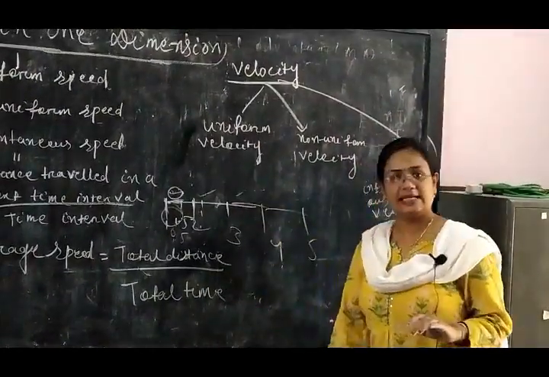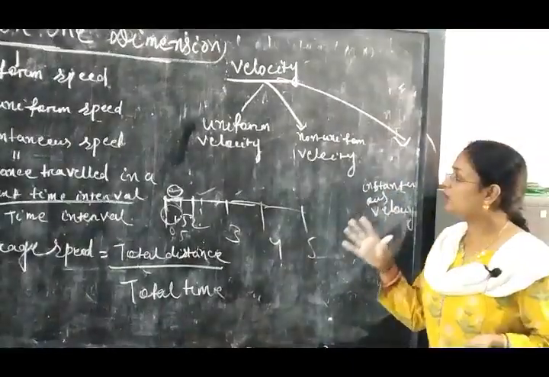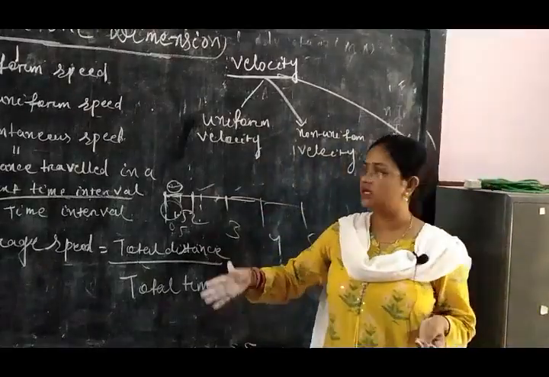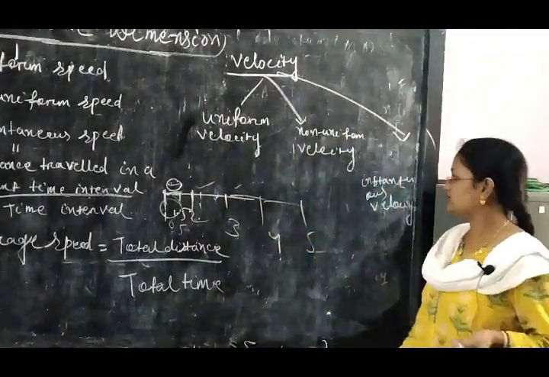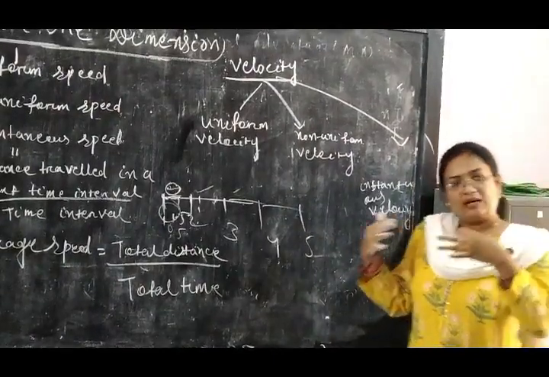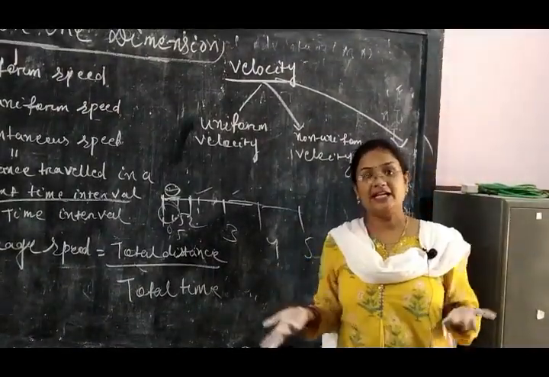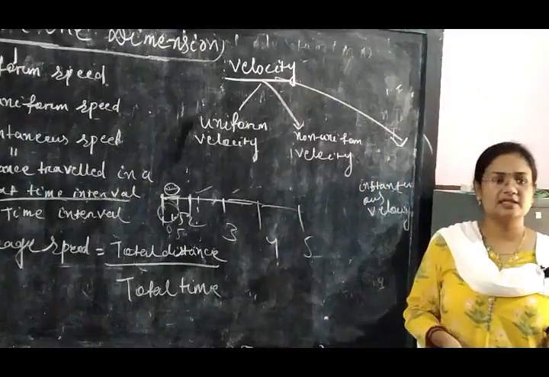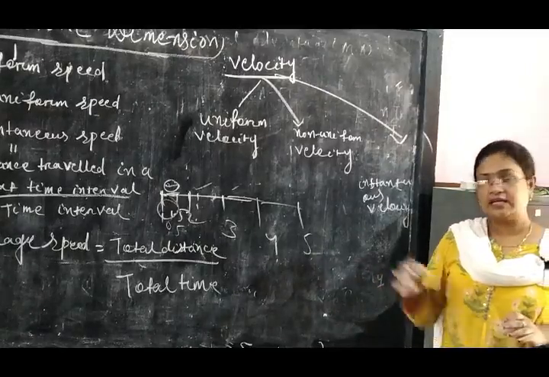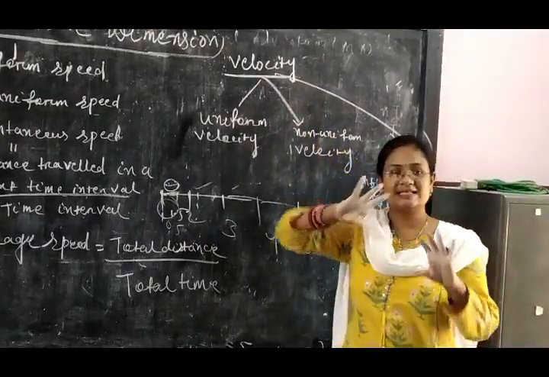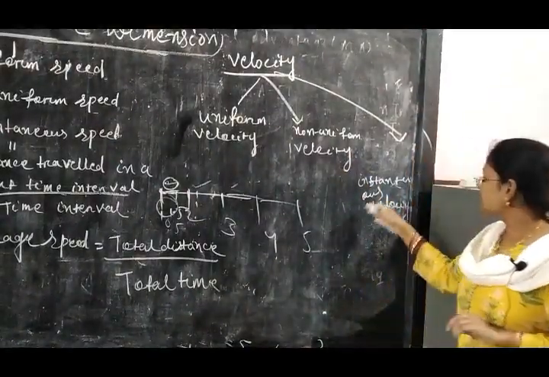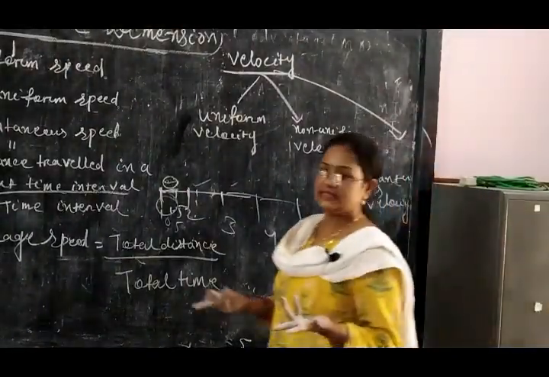What is uniform velocity? If a body covers equal distance in an equal interval of time in the same direction, that is what? Uniform velocity. And non-uniform velocity, we can say that equal distance, equal interval of time but different direction, that is your non-uniform velocity. If unequal distance and different direction, that is also non-uniform velocity. But here, with velocity, direction is attached, that is the non-uniform velocity. And the instantaneous velocity is velocity at any instant.